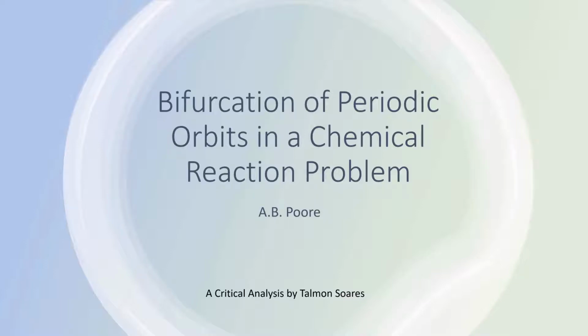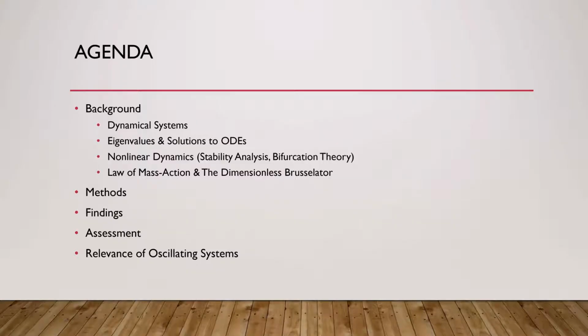Hello, my name is Tom Soares, and today we will be discussing an article called Bifurcation of Periodic Orbits in a Chemical Reaction Problem, which was written by A.B. Poore in 1975. Before we begin, I wanted to give a quick overview of what will be discussed throughout this